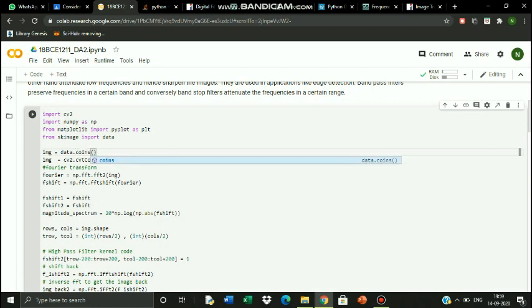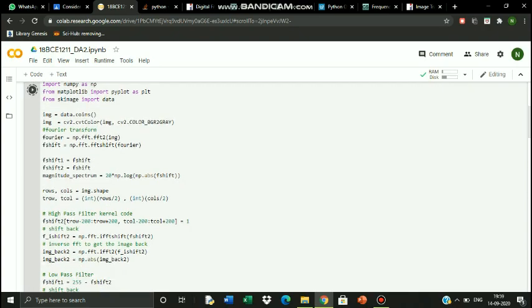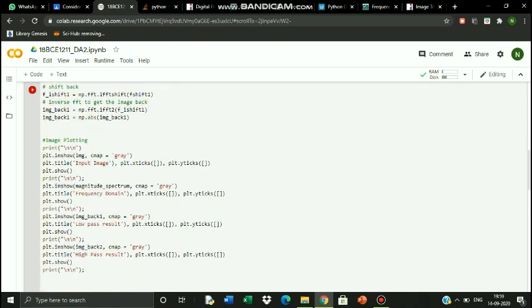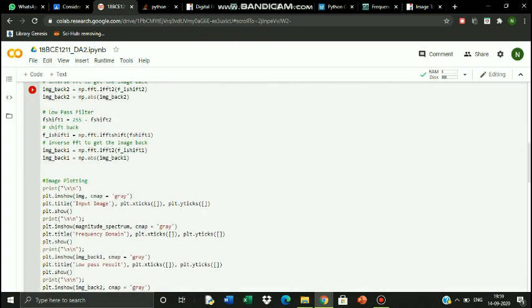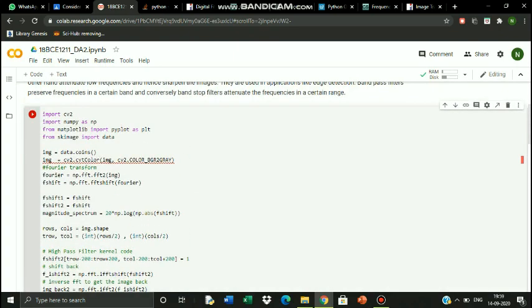By the way, a magnitude spectrum allows us to view the image which showed us the frequency domain in the image. Okay, so coins is not working.